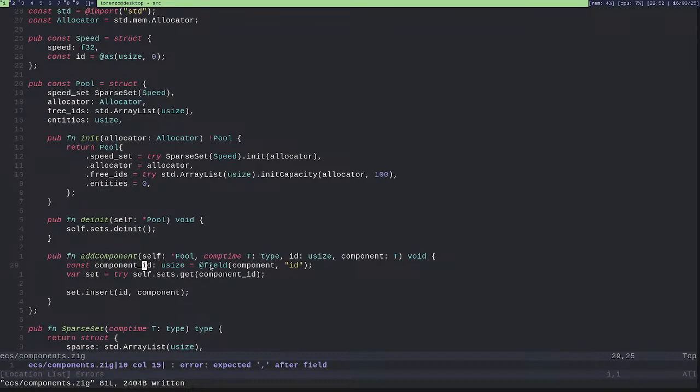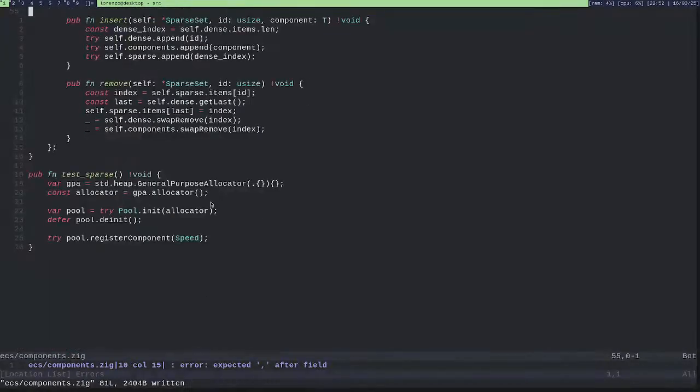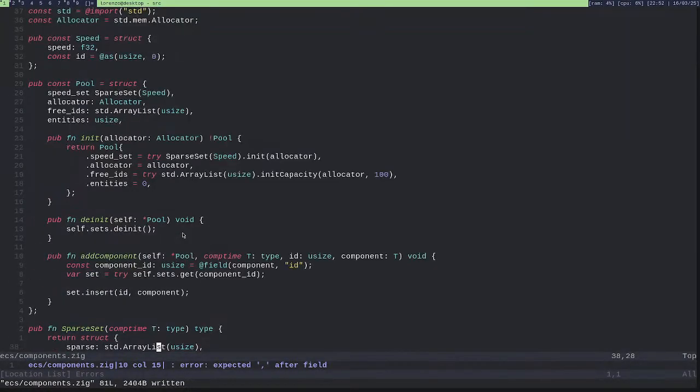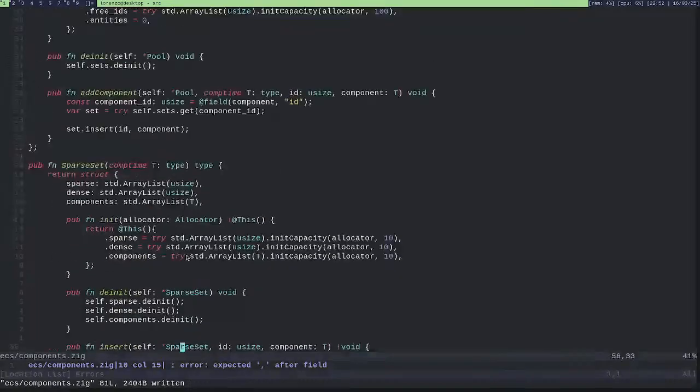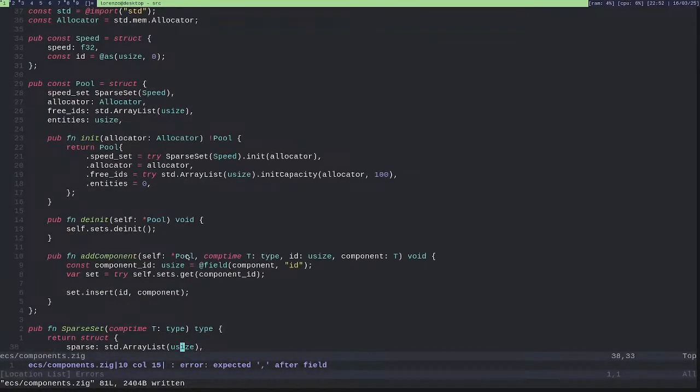And adding a component to an entity. Oh well, but now I still have the other problem. Okay. It's harder than I thought. Definitely harder than I thought.